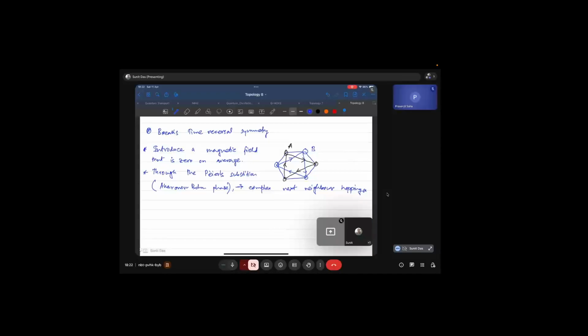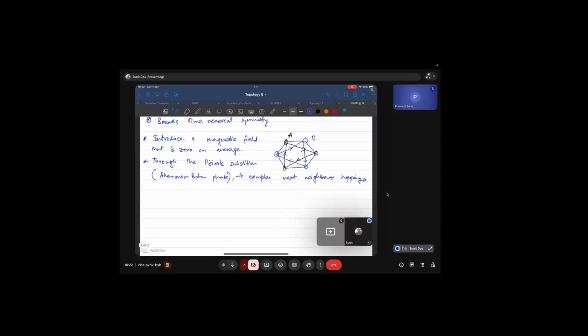What this essentially means in our case, in this particular figure, is that there will be hoppings which are e to the power i phi gamma prime, where phi is positive. So the next nearest neighbor hoppings are given by this e to the power i phi gamma prime, where phi is positive, let's say, for hopping in the clockwise direction,